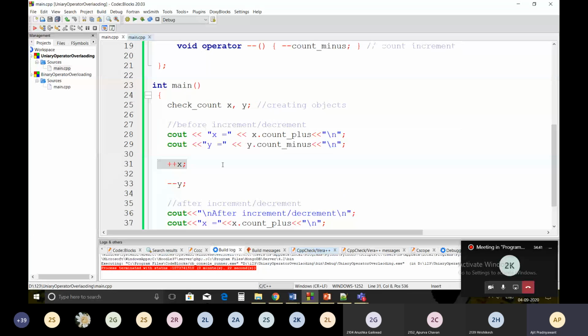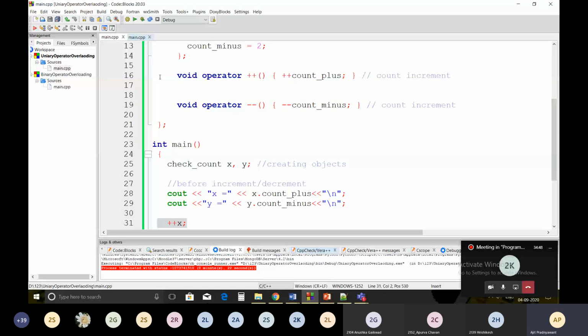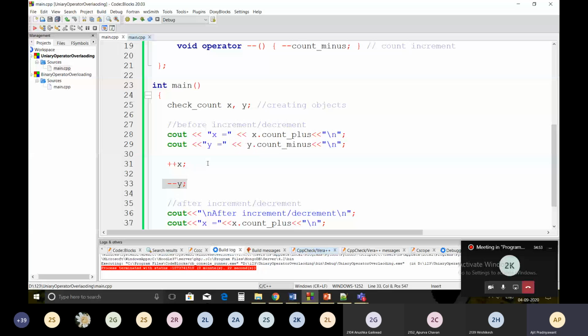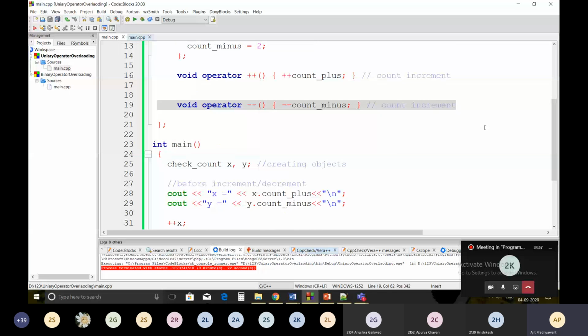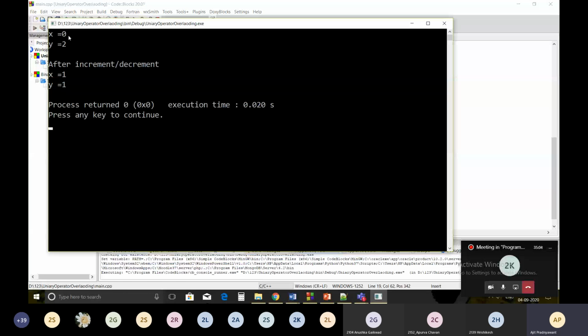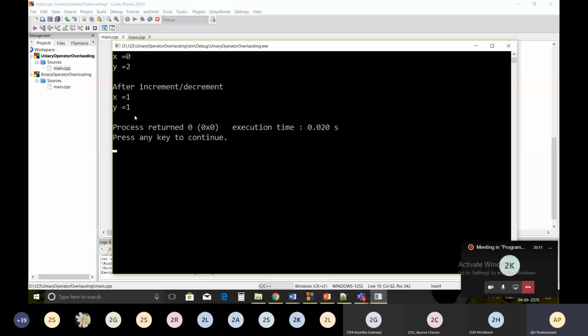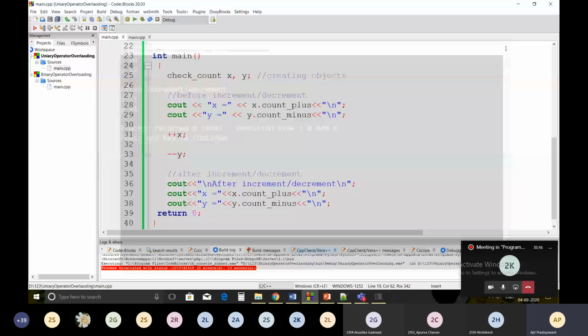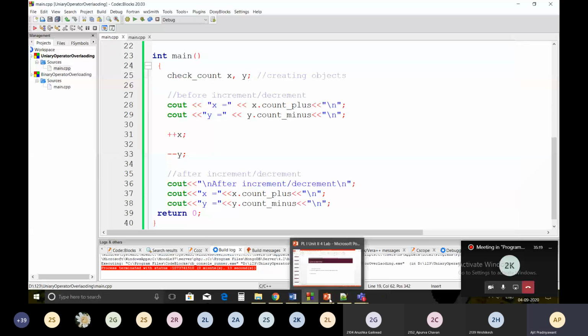Just say plus plus x, and automatically this method will be invoked, and when you say minus minus y, this function will be invoked. You will get the output x equal to 0 and y equal to 2, and after increment and decrement x equal to 1 and y equal to 1. This is called the unary operator, which we already learned in the last lecture. Still I have repeated this.